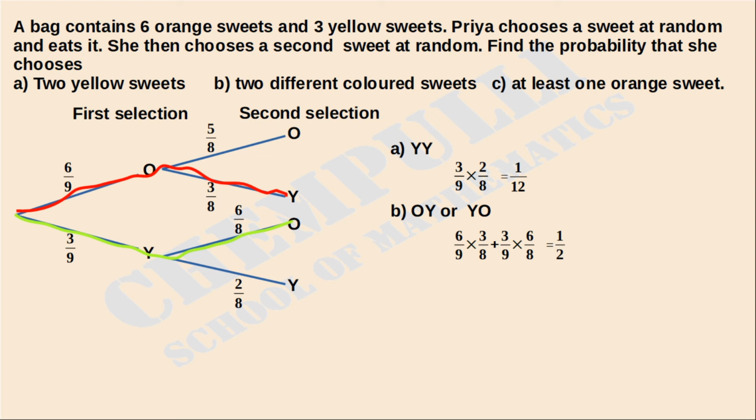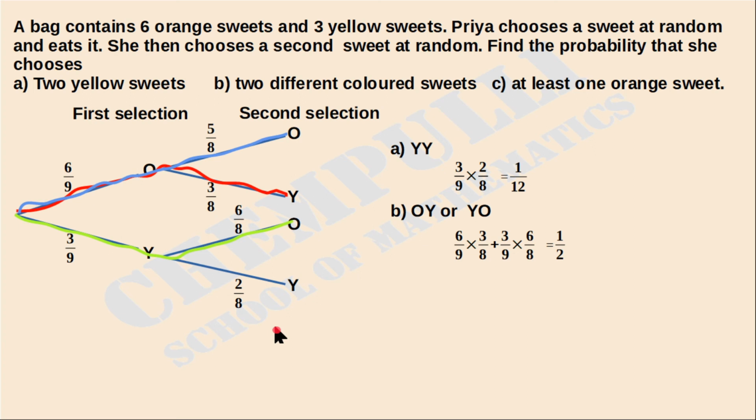Then next, the 2 orange case, which branch is that? That is this branch, which has 2 orange seeds. Now you can check this part. Here we took this branch, this branch, and this branch. We covered almost all branches, but this one branch we didn't include. All other branches we included. That means we know the total probability is equal to 1.